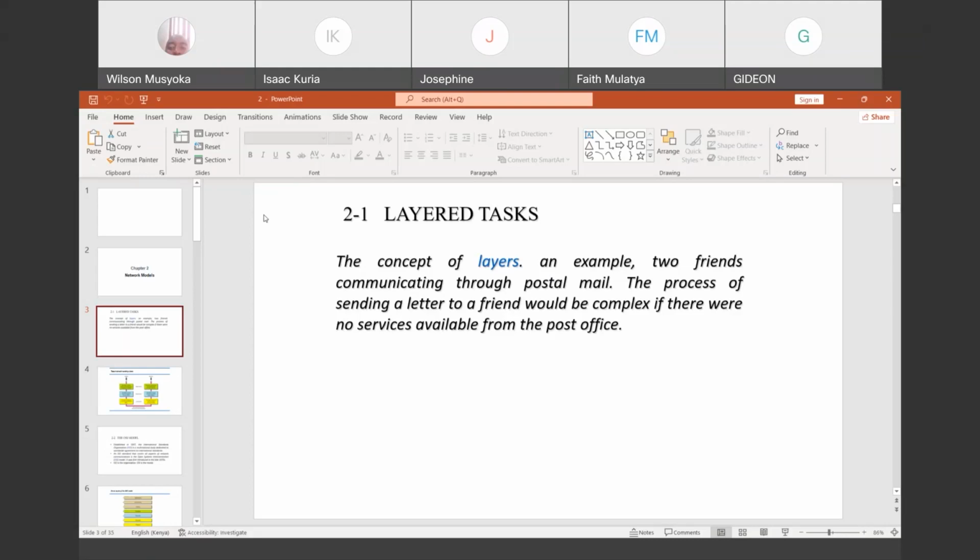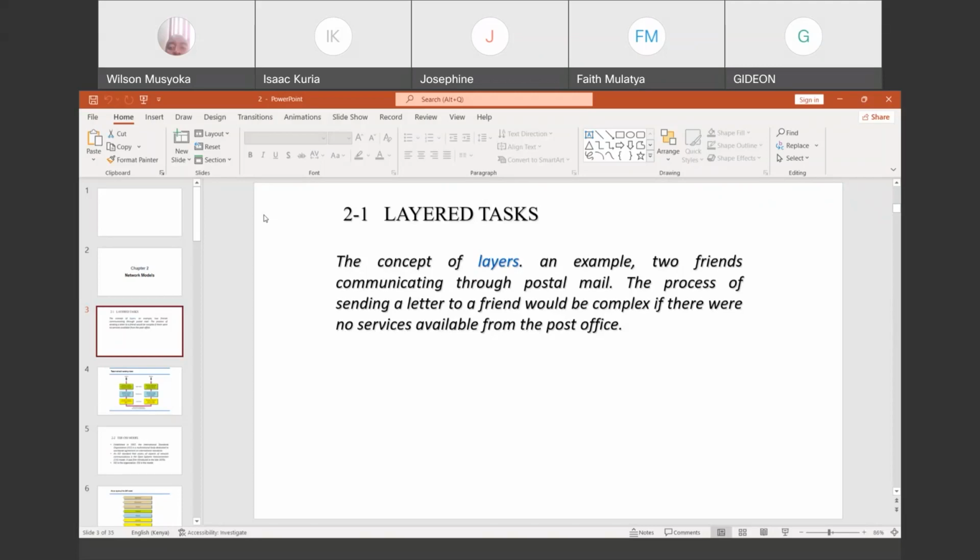So when communication is taking place, there are things we call protocols. Those are the rules which are going to govern that communication. And in that first lecture, which I will also refer to, here I'm looking at it so that at least we have an understanding of where we are coming from and where we are going. But we will also look at it in a little bit.